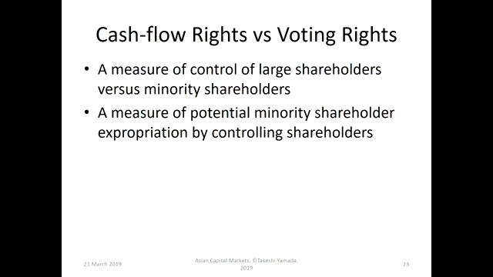By comparing cash flow rights and voting rights, this measure says we can measure the magnitude, or the degree, that minority shareholders could be expropriated. So simply, if the cash flow rights are smaller than voting rights, then